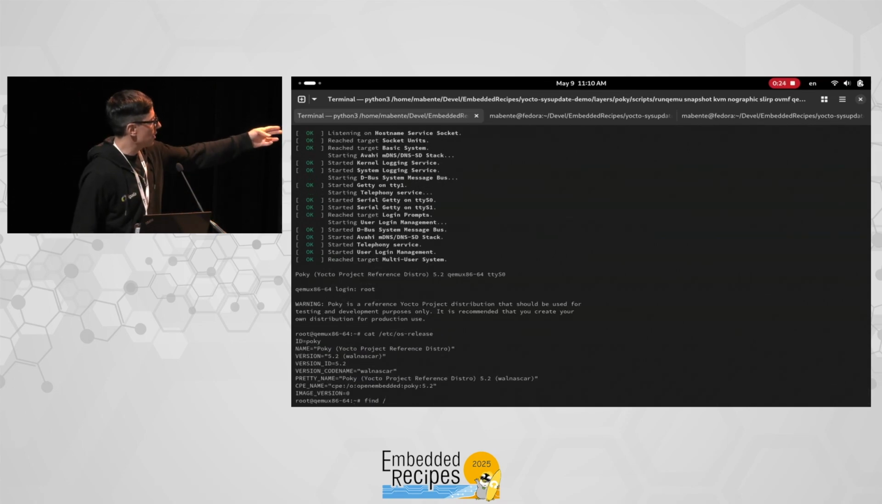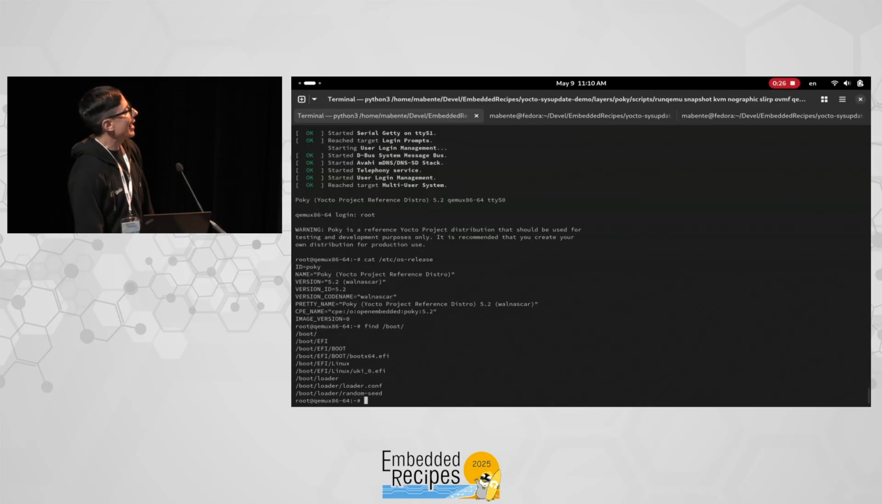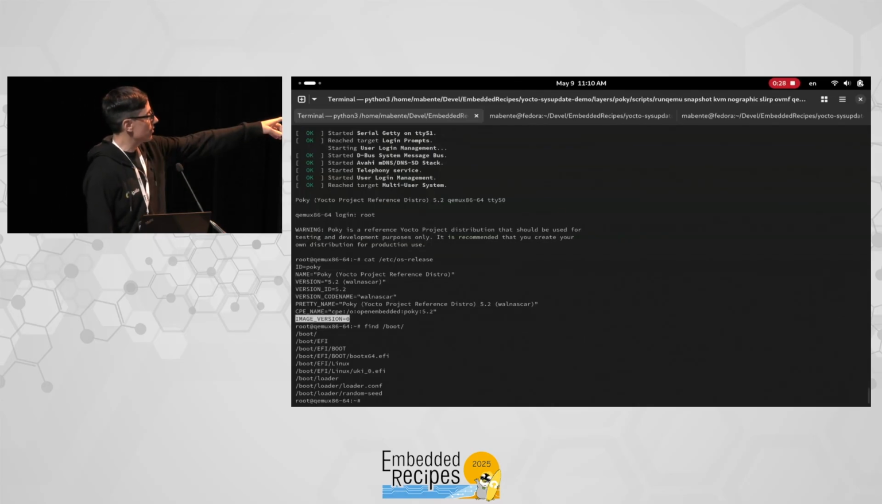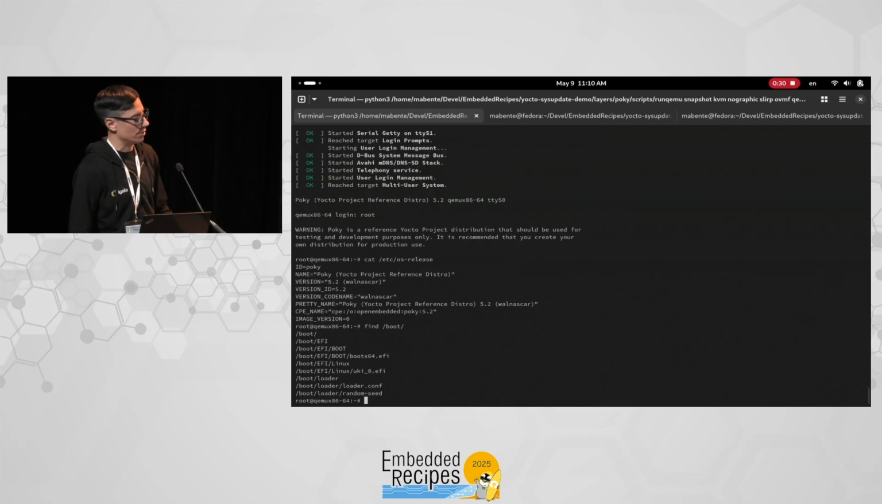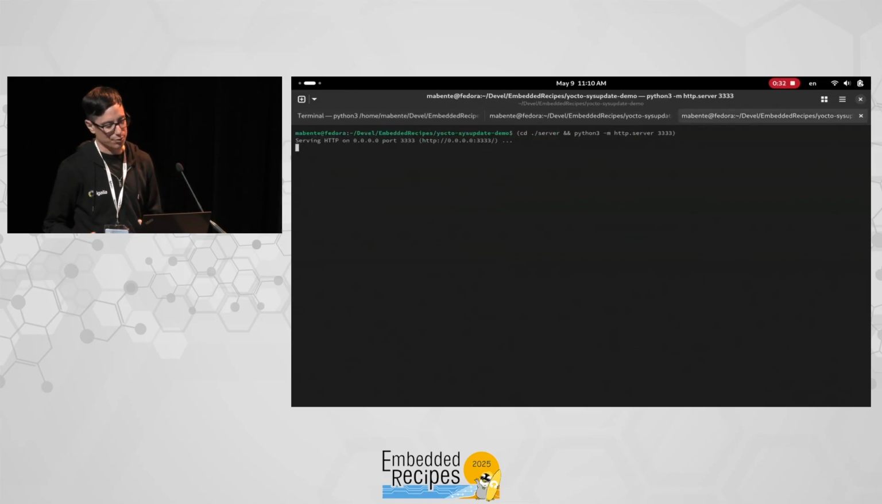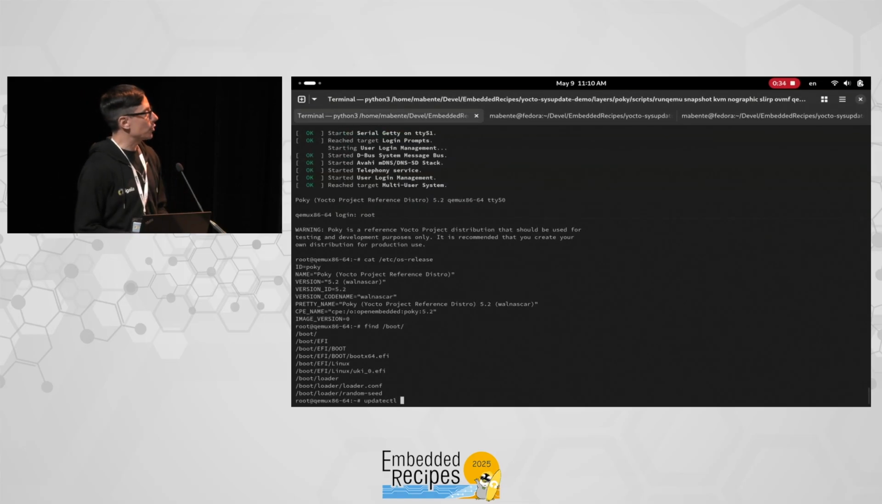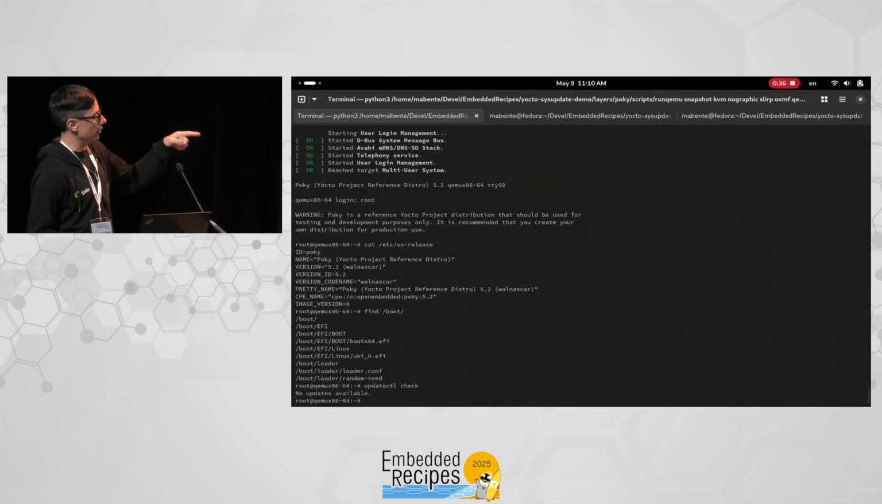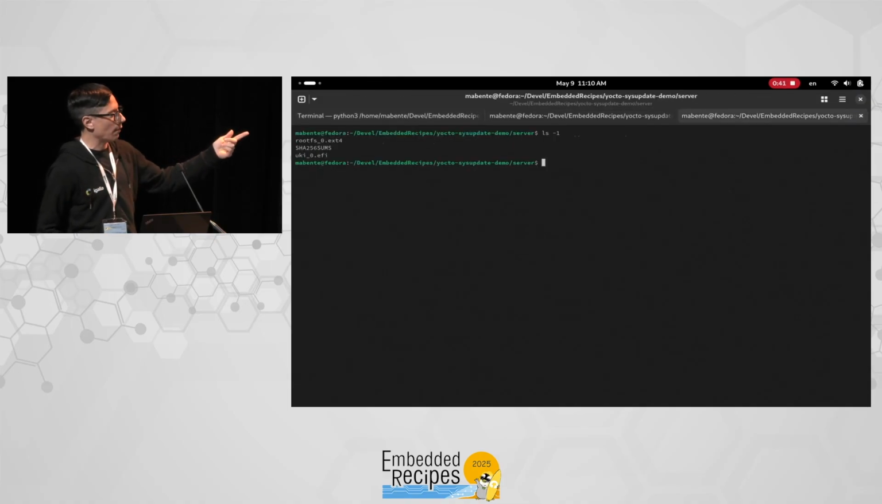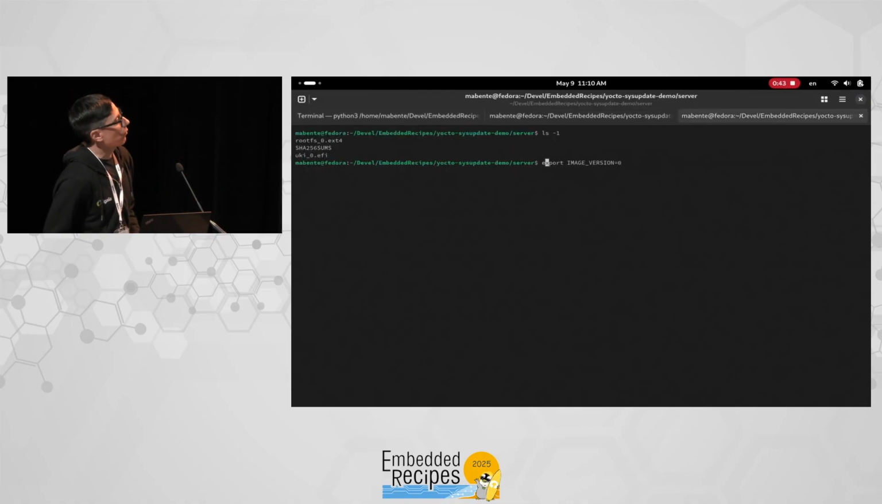I can see that the image version is just the 0 version, and if I look at the boot partition, I can see that there's only one UKI, which is the UKI 0 version, okay? So now if I try to update, with updatectl, which is one of the front ends, it's going to tell me, of course, there's no available update. But now I'm just going to cheat, because this is just a presentation, and I